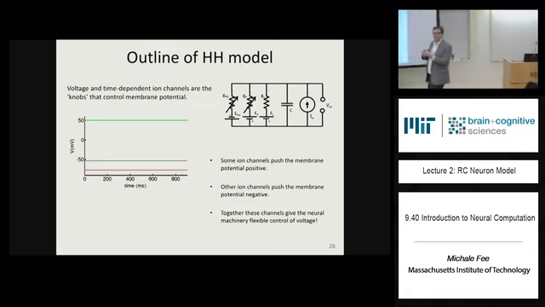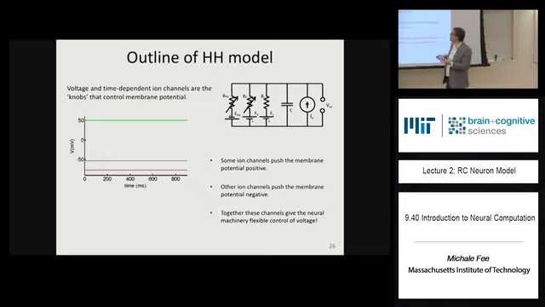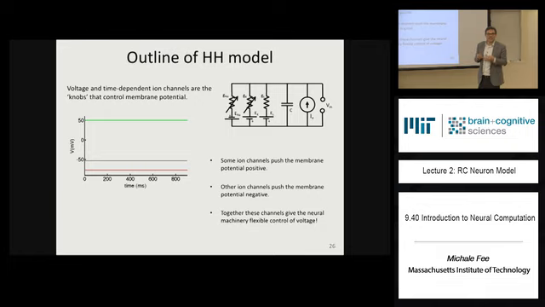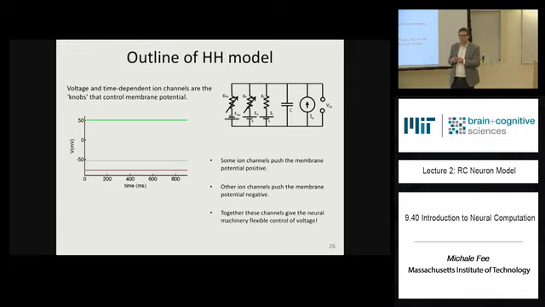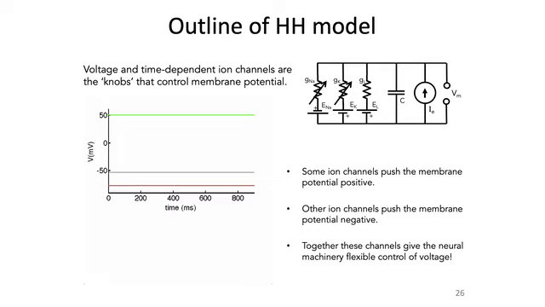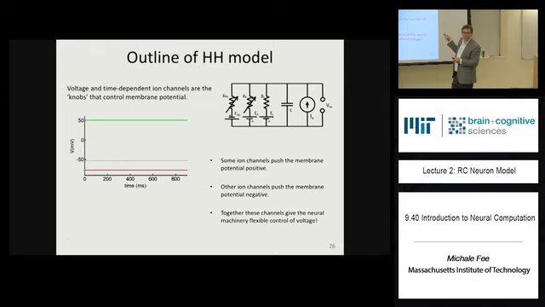Well, the way a neuron controls its own voltage is it has ion channels, conductances, that have little knobs on them that the cell can control, called voltage. So these conductances are voltage dependent,